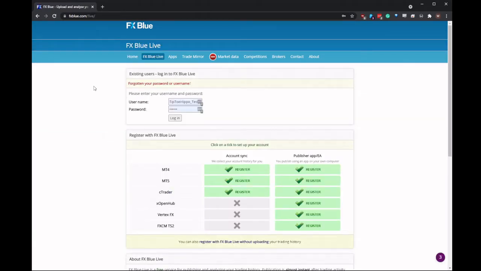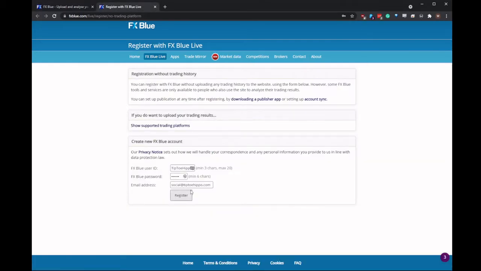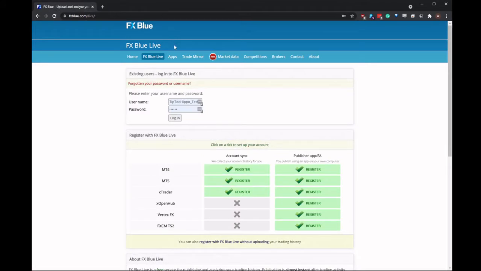And if you have an FX Blue account, you can log in. But if you don't have an FX Blue account, you'll need to register for one so that you can use the software. So if you click on that and put your details in, you can create a MyFX Blue account and then follow the instructions that are emailed to you. And then once you've got your login,